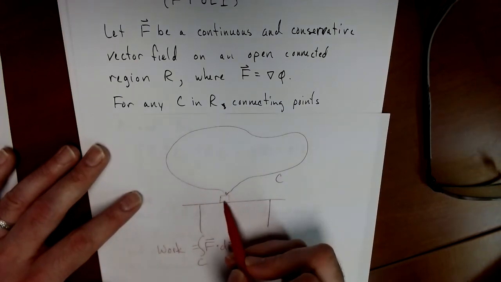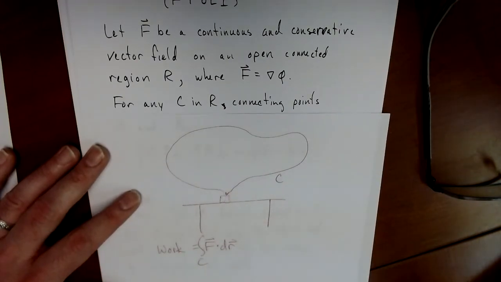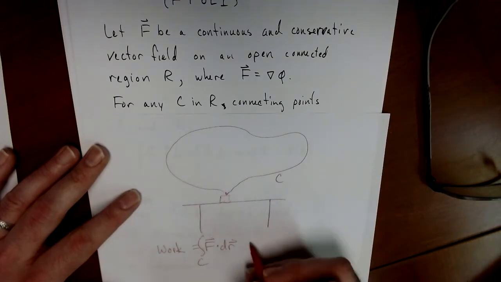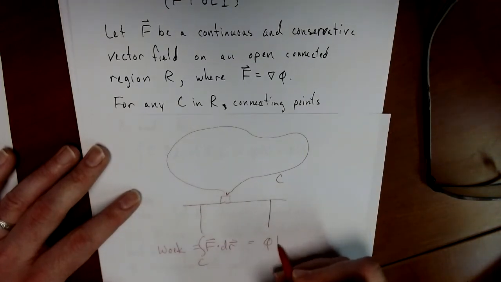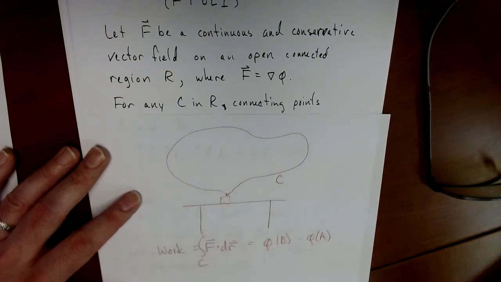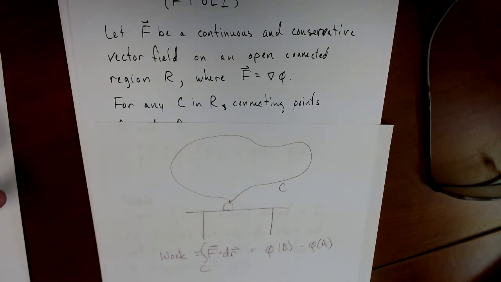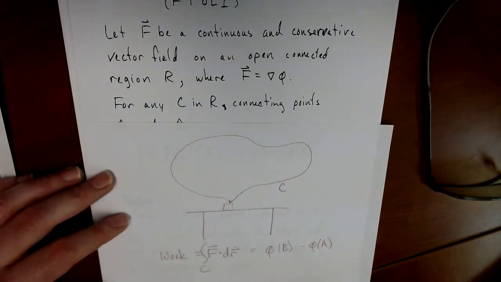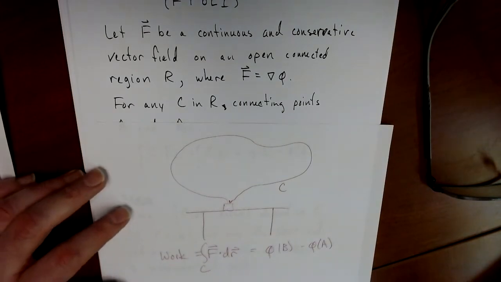If I start and stop it in the same place, then b and a are the same, and that would be phi of b minus phi of a. But this is only true because the field that we're moving it in is a conservative vector field. It's a gravitational field, which is a